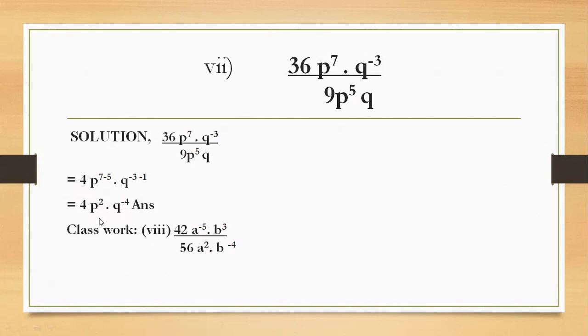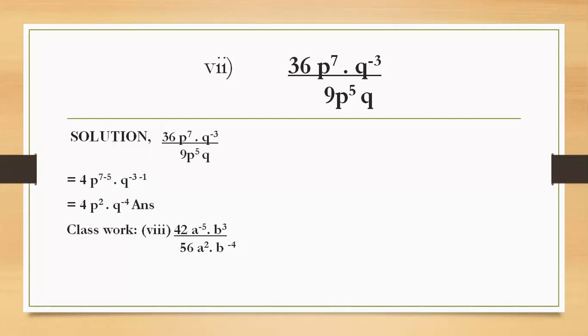And children, look here, we can leave the answer here also. We can write it in positive power also. When you take it into positive power, this q to the power minus 4 will change to positive when you take it down in the denominator. Then its answer will be 4p square by q to the power 4. Are you clear about this? Yes, sir. When the power is negative, we can write it in the denominator. It will be 4p square by q to the power 4, or you can leave the answer here only.